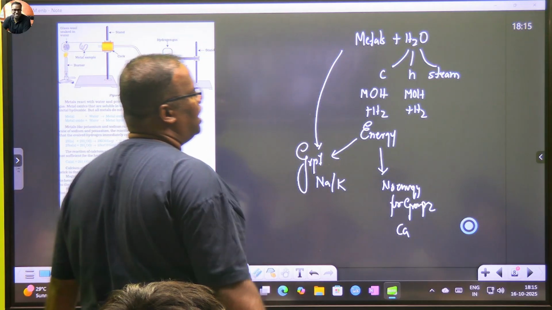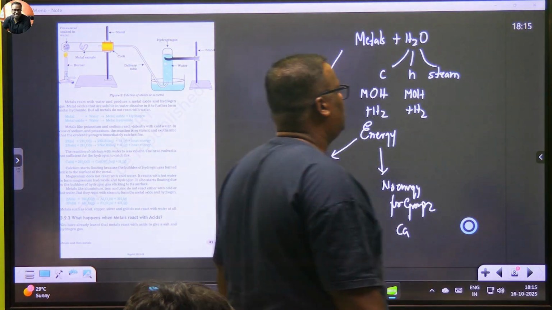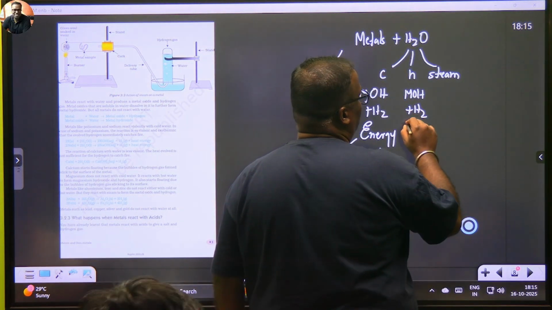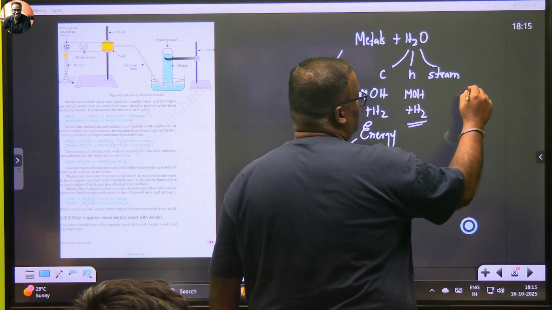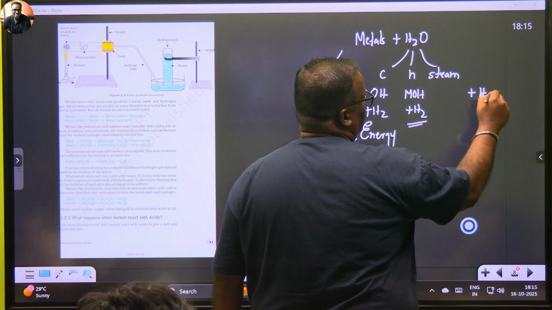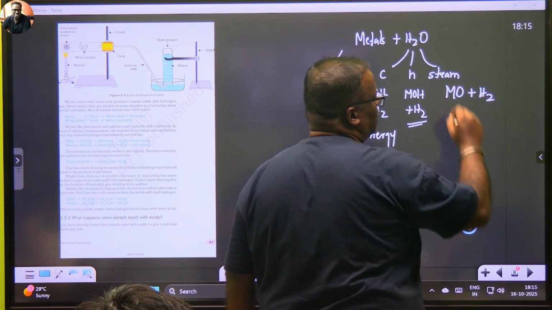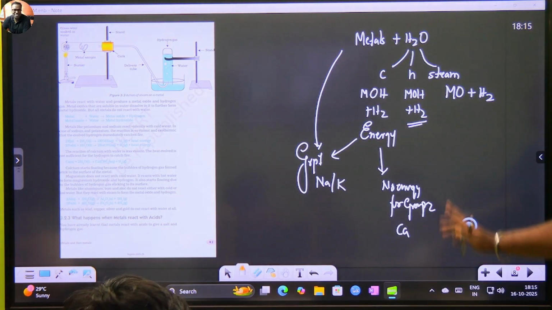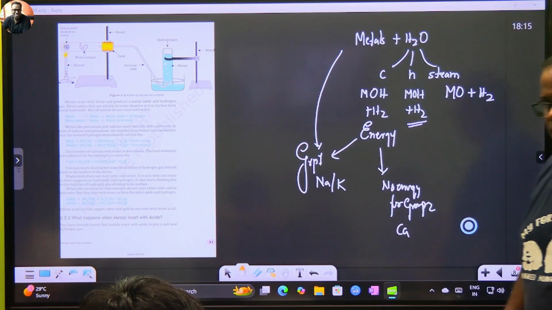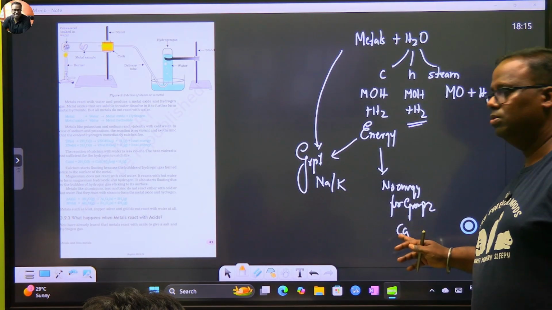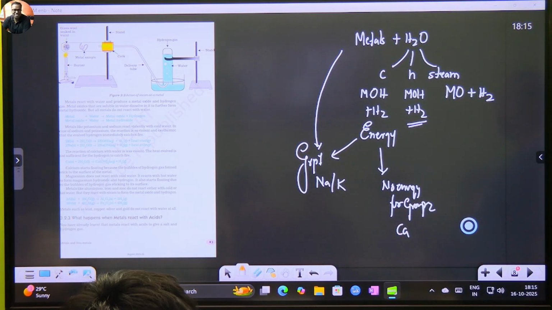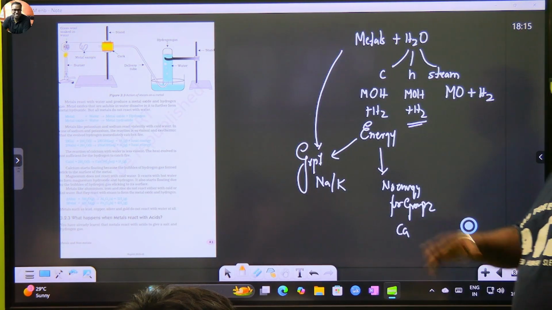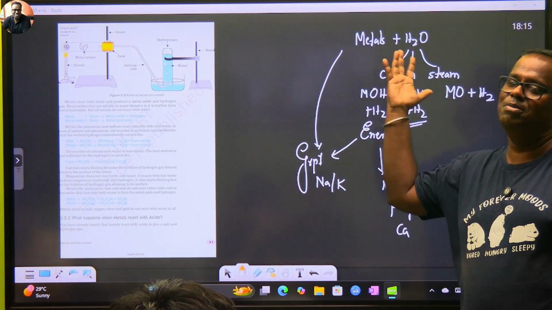Magnesium does not react at all with cold water. Now comes hot water. In hot water also you will get hydrogen. In steam also you will get hydrogen. But the only difference is in steam you will get MO, not MOH. ये याद रखिए. And in group 2, when you react with hot water, in that case you will float whether you are calcium or you are magnesium. यही कहते हैं माइंड मैप बनाना. इसी का आप एक माइंड मैप बना के रखिए.